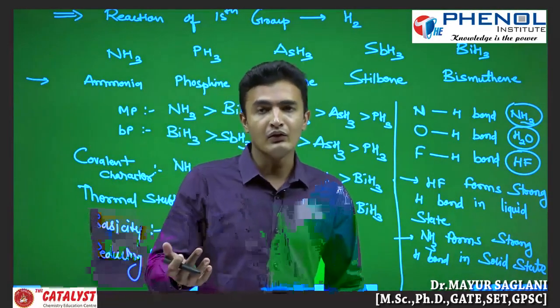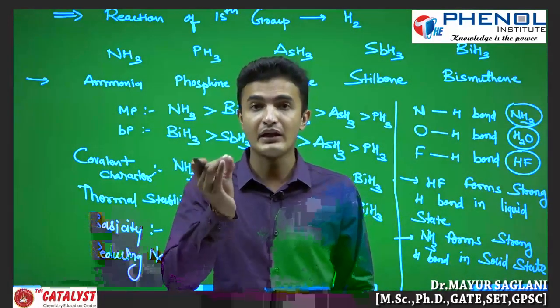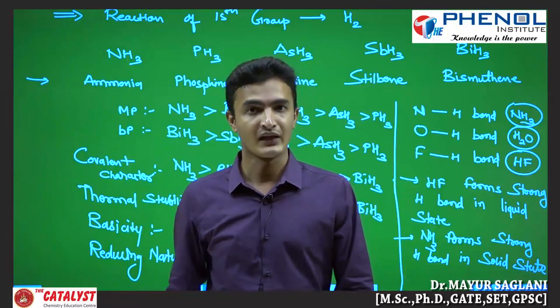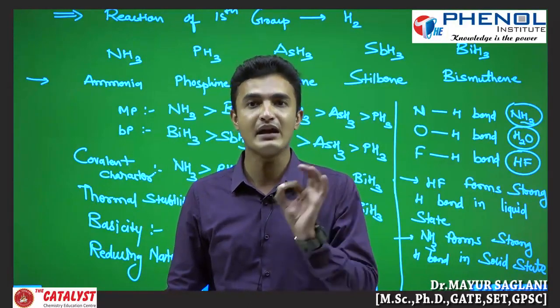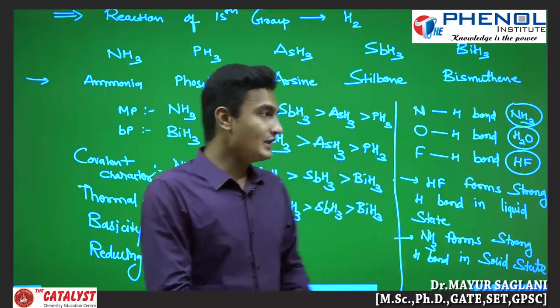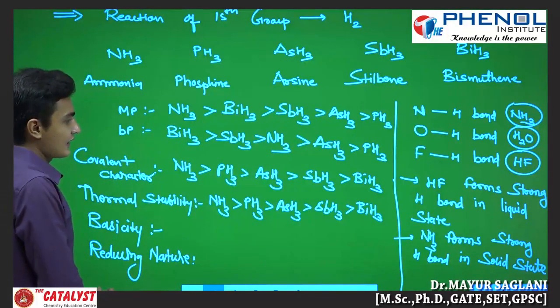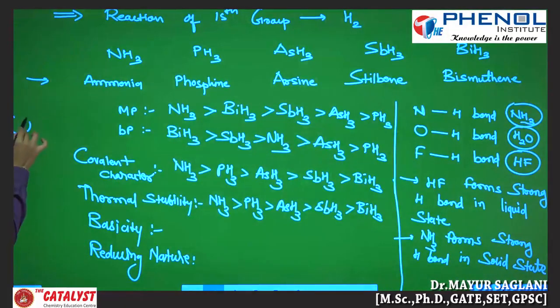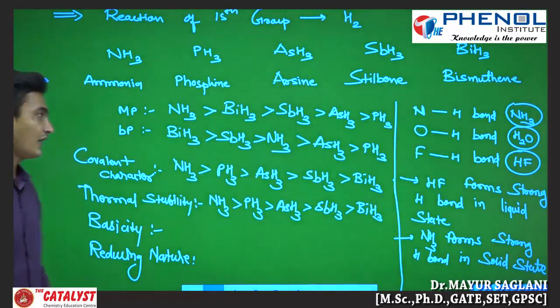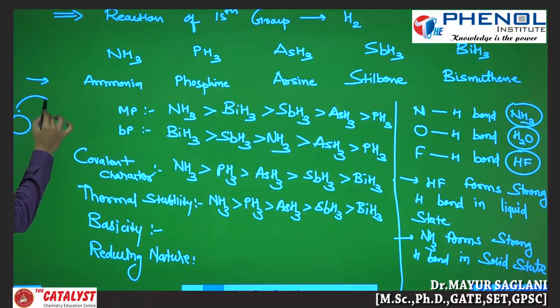Basicity. We already know ammonia is a base. We have never seen AsH3, SbH3 and BiH3 as a base. Fine. PH3 is a weak base and comparatively ammonia is a strong base. How can we study this? You see here, nitrogen has a smaller volume and it has 2 electrons, that is a lone pair of electrons, due to which Lewis basicity occurs. Fine. Due to donation of this lone pair, Lewis basicity happens in the molecule.